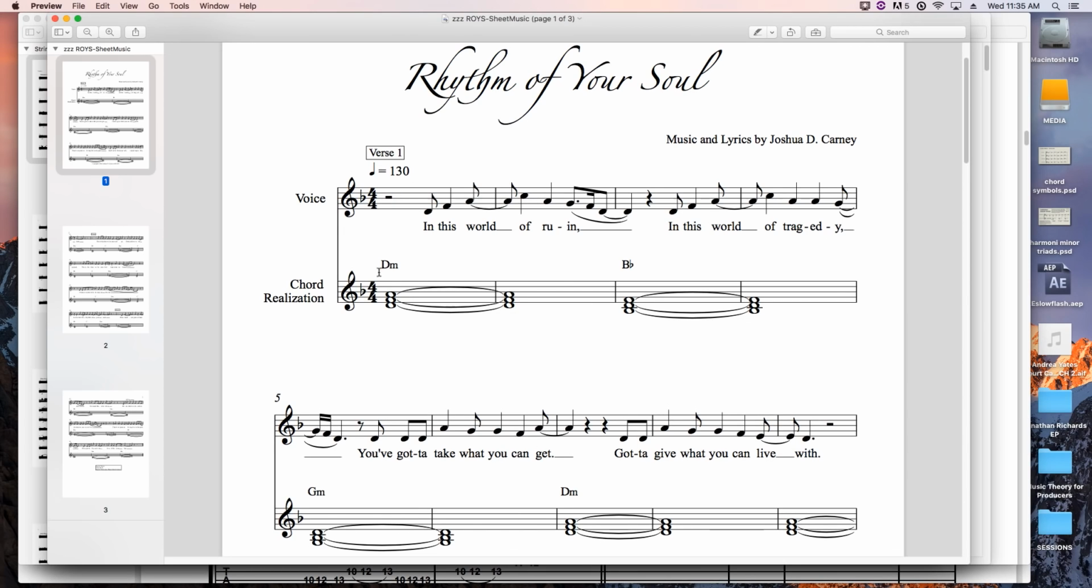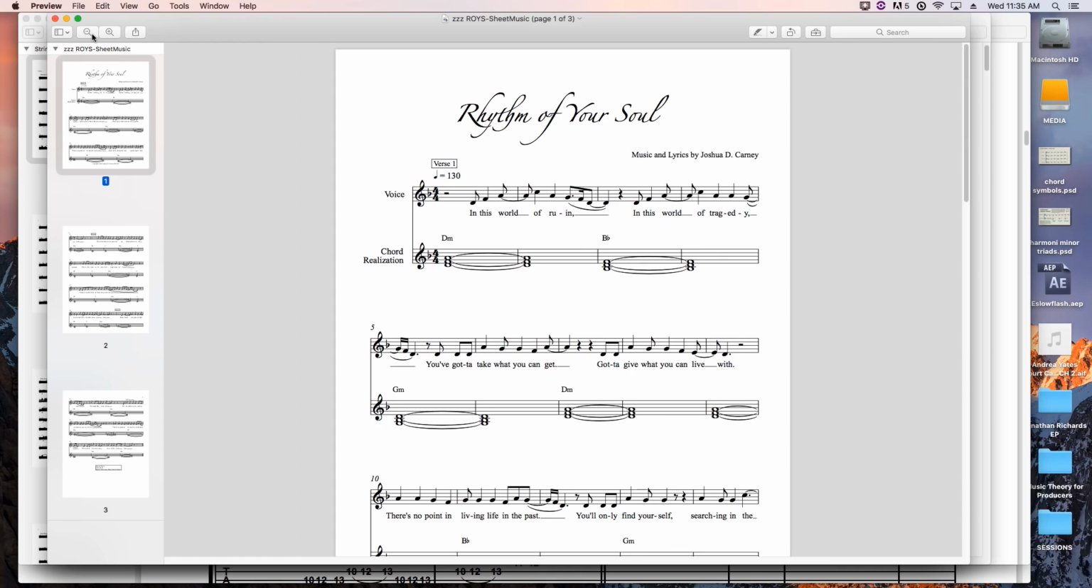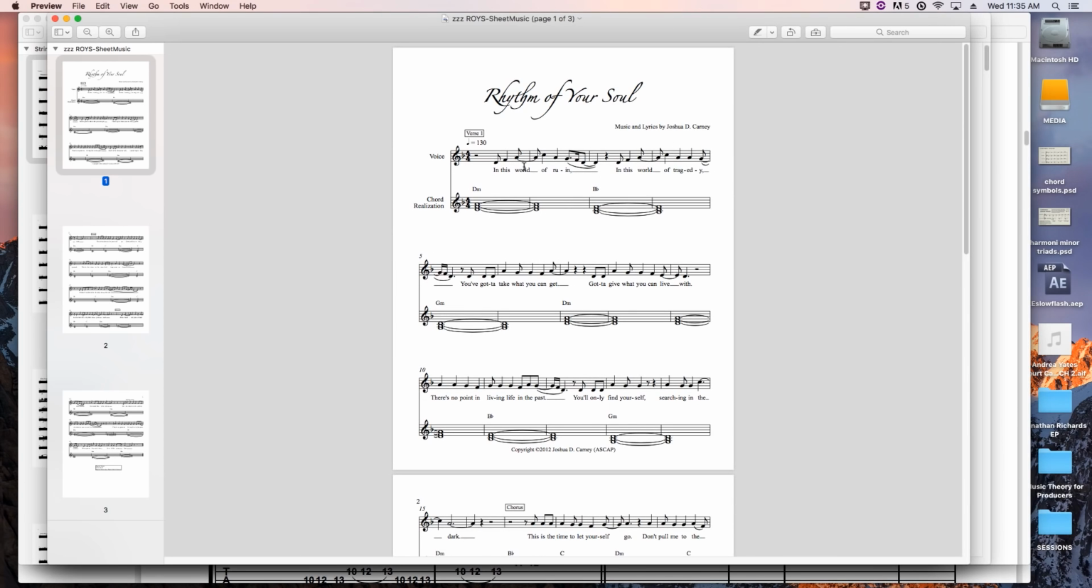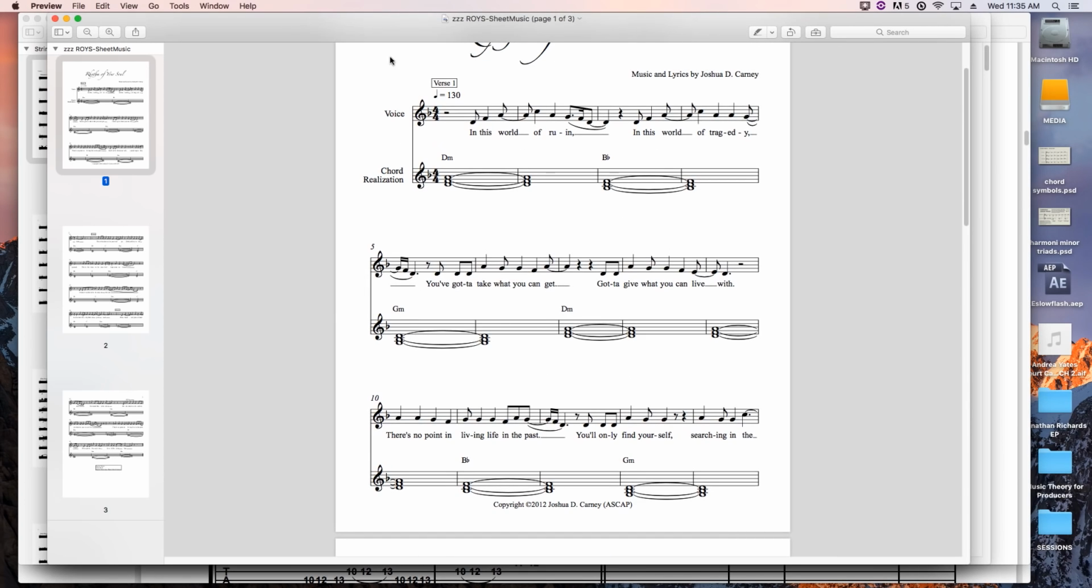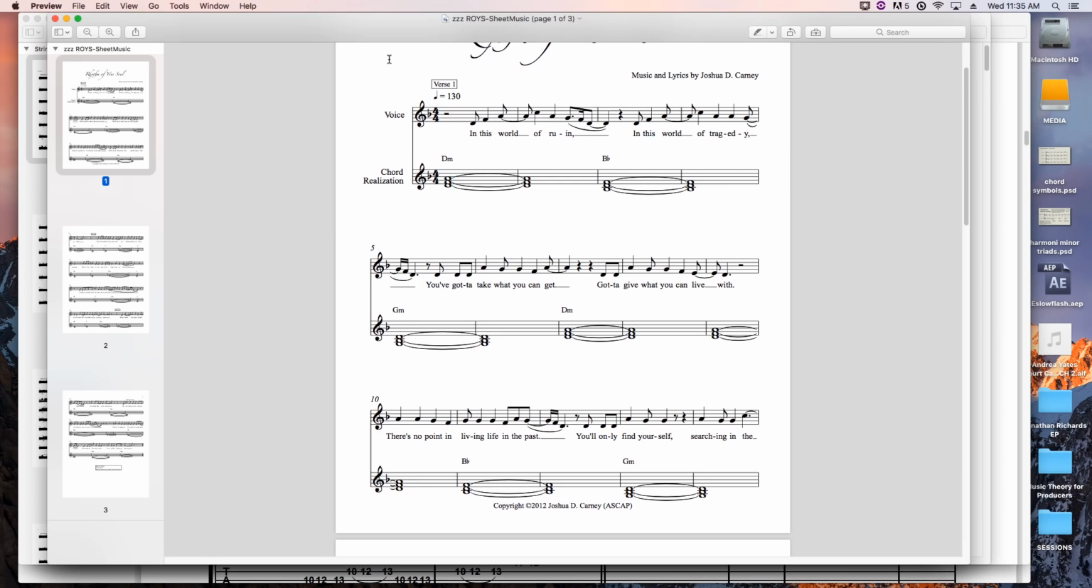So for instance, we've got D minor, B flat, G minor, and D minor. Again, those are our chords. And we could say, I don't want to play this on piano, I want to play it on guitar or something. I could just make up my own strumming pattern based off of those chords. So I got D minor, B flat, G minor, and then D minor again. So I could create my own strumming pattern, like